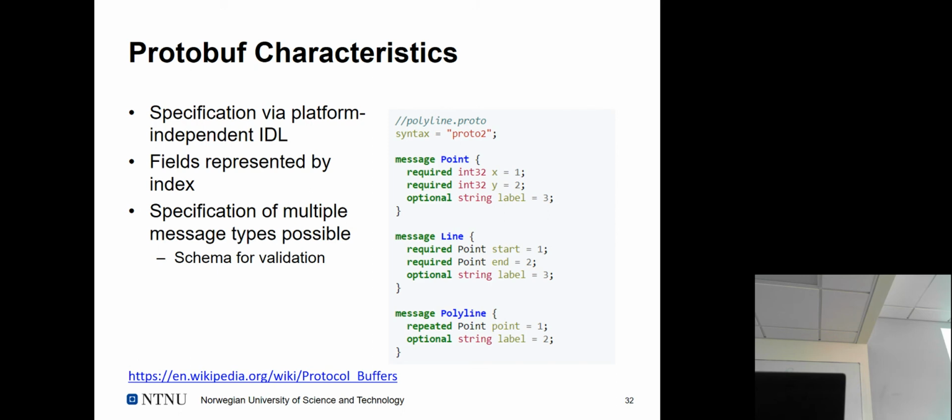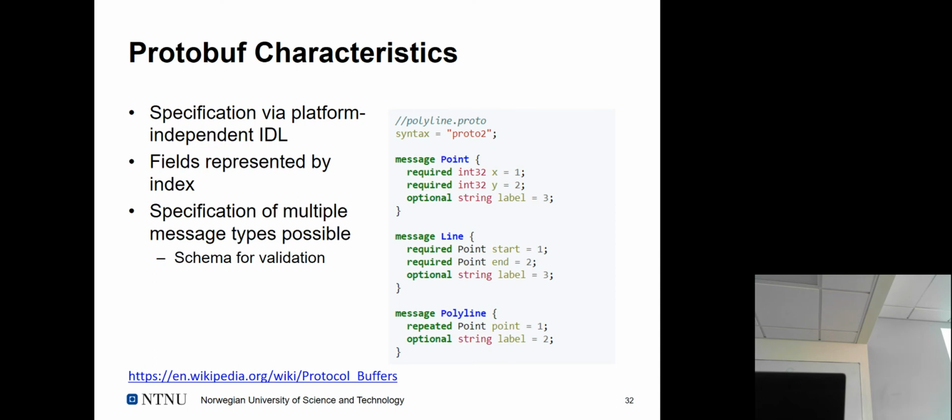Compulsory or optional nature of something, and of course the elements that are contained for a particular message type. The interesting thing is that you specify the index of the particular field within a particular message, because once translated to message bindings, all this is removed, and just the reference, the order in which the elements appear, delimited in the particular message, is relevant, right? So there's no explicit representation of label X and Y in the payload itself, because that's all pruned away for efficiency purposes. But to do that, you specify the index in which order those items occur in any payload message.